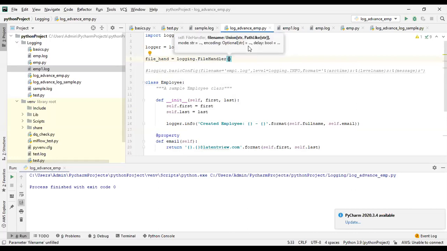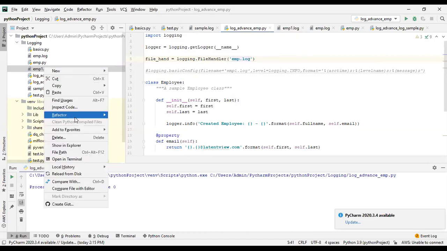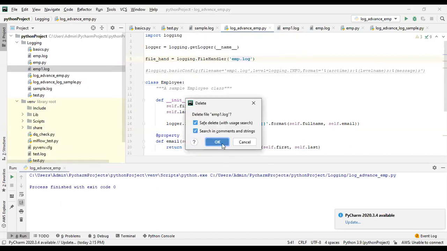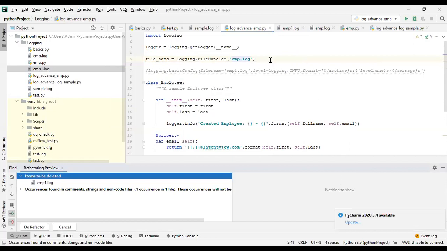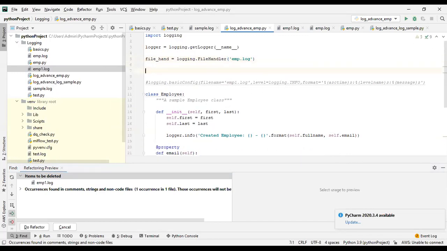Then you need to add the same file handler to the logger, so logger dot add handler, and I'm adding this file handler.